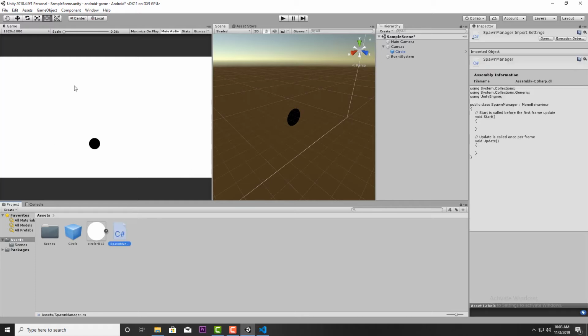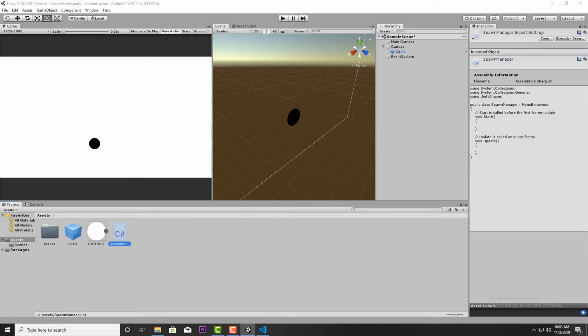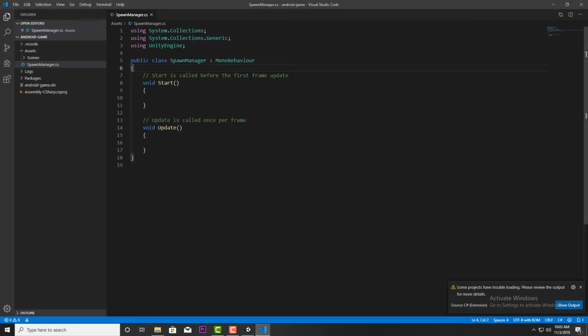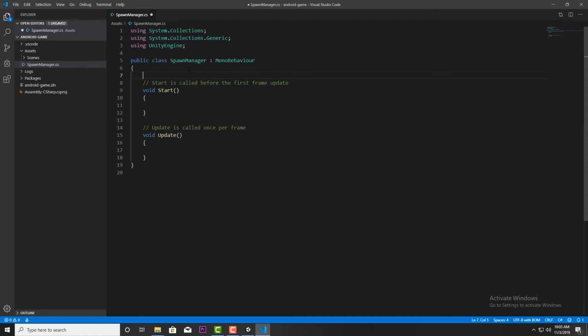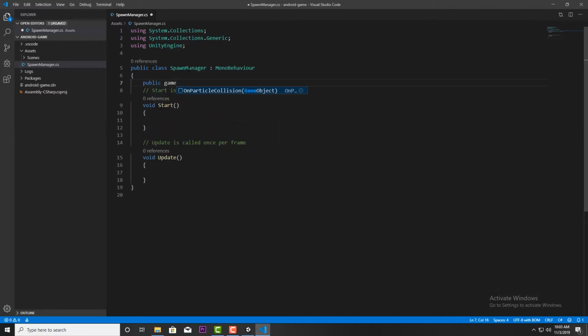We want to spawn this circle randomly on the screen with random colors. So how are we going to do this? I'm going to open this script, and let's have a reference to this circle. So public GameObject circle,